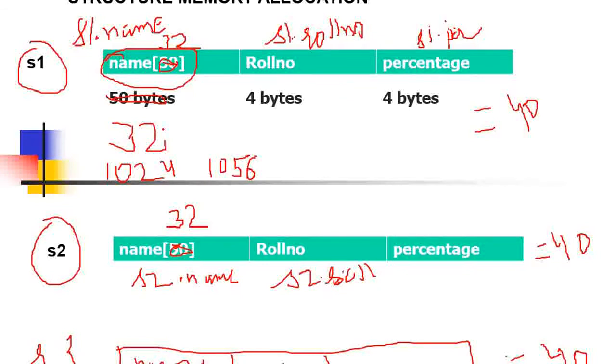If you add up both of these, this is the address, and this is the size of the name, so this will be the new address from where roll number will get stored, and this is 4 bytes,